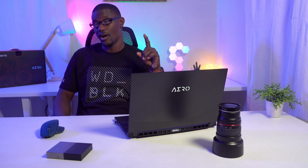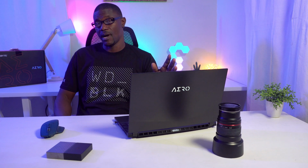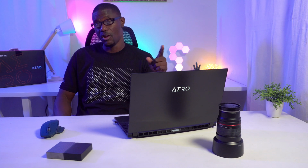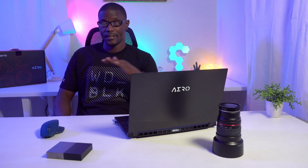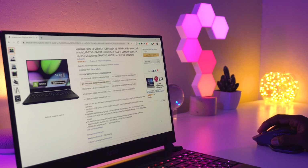And number 10 on the list, power and performance. This is a really powerful machine. And this is not even the highest spec model. As a matter of fact, this is the lowest spec model in the entire AERO 15 OLED lineup. So just in case you're wondering, this model is the